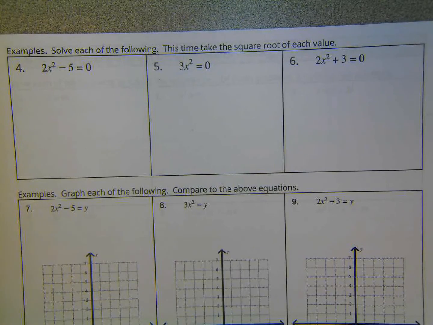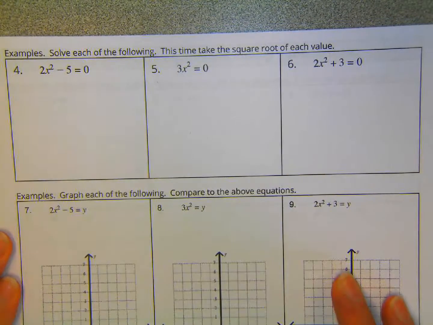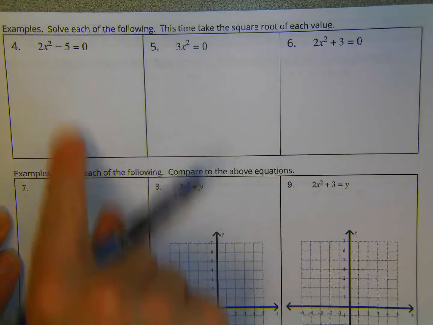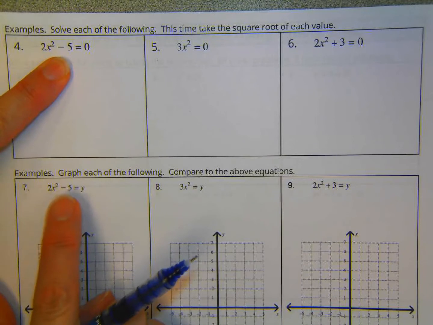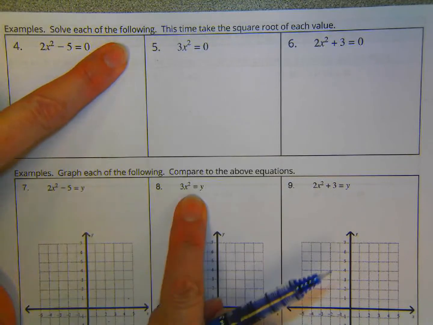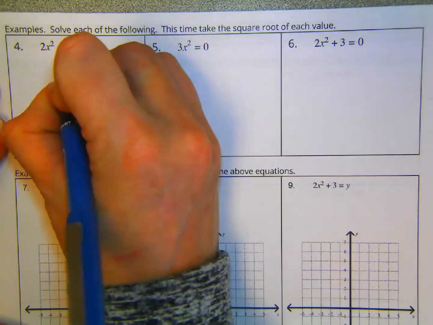Okay, this is part 2 of solving using square root. I want to show a relationship between solving and the functions. So, first off, notice that here's the quadratic equation, here's the corresponding quadratic function. Recognize the similarities here. So right here, we want to add 5 to both sides,